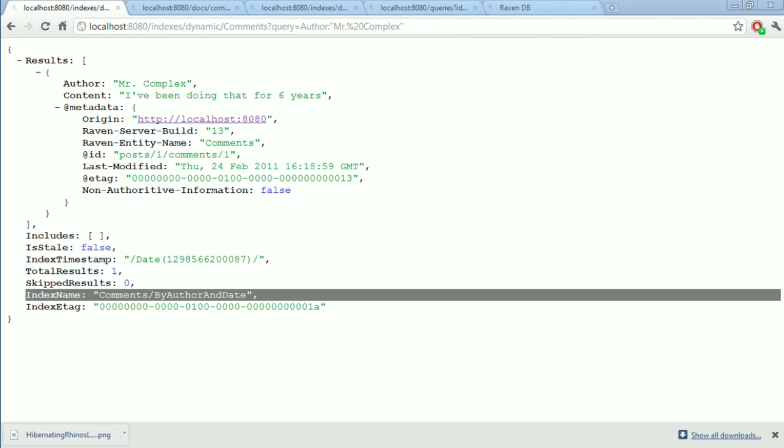Let's see. What kind of security or authorization features are in Raven? Can I block on root, object, or property levels? Okay. It actually depends on server levels. You have authorization at the server level, so you will not be able to access the server unless you have the appropriate login. The second part is whether you can block access for a specific document. And the answer to that is yes.